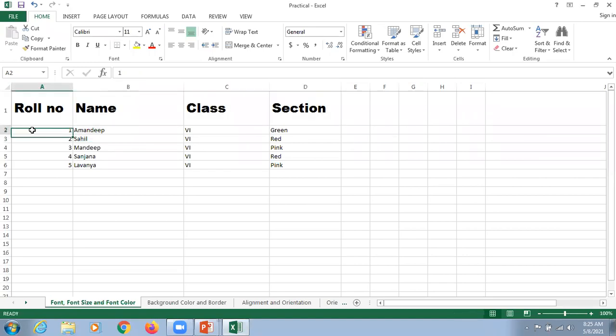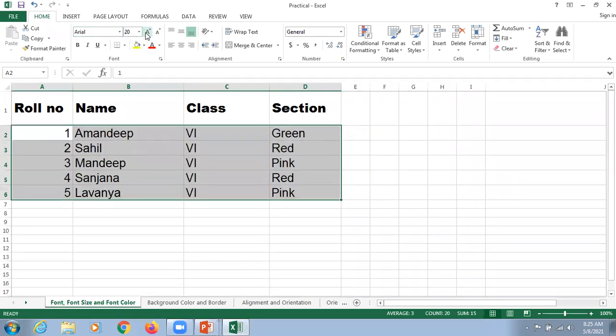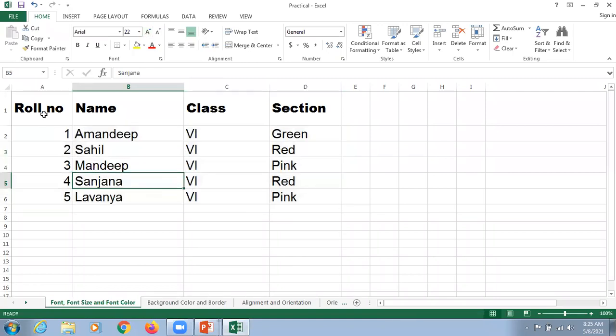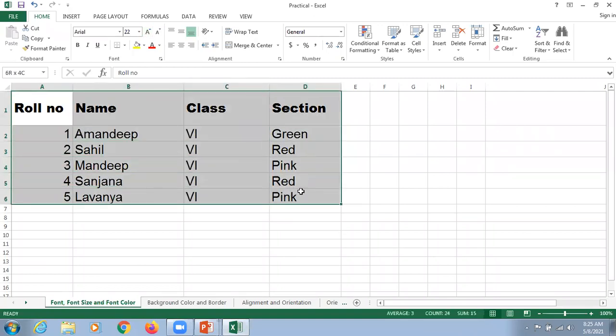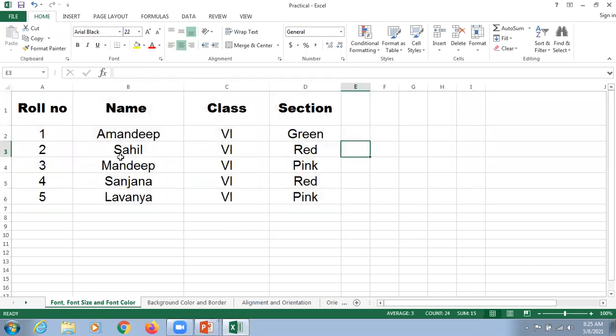So Ankit Chaubey ji, what we do here, we are supposed to select the font again like this. This is a practice session. And what we do, we make the text big, so that it is easily understood by all the students. And one more thing we are going to add. Here it is. I'm just going to select this and click on the center alignment. And it looks like the content is aligned to the center. So one more thing I just want to add, my dear students, and after that, I'm going to ask some questions to you all.